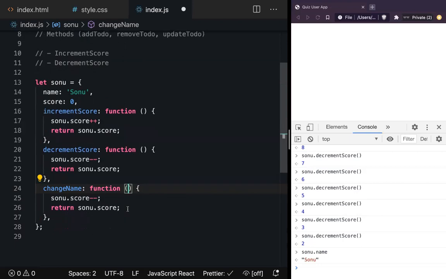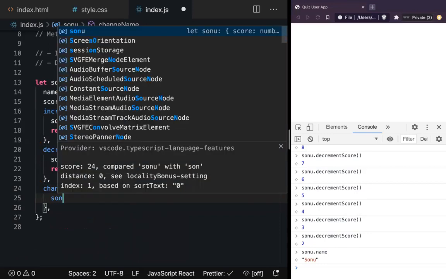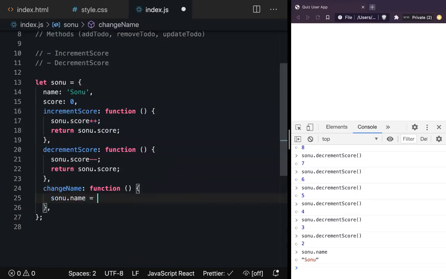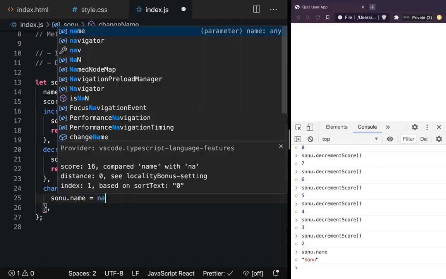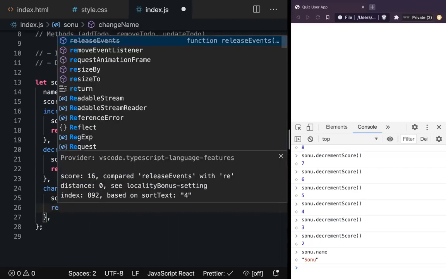No. And then here, what will I do? Sonu.name will be equal to what? We can take that as a parameter. Yeah, you can use a parameter. Awesome. Good job. So I'll take the name and assign it to this part and return what?